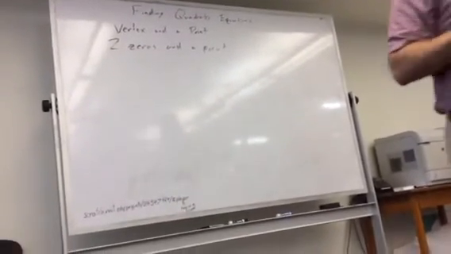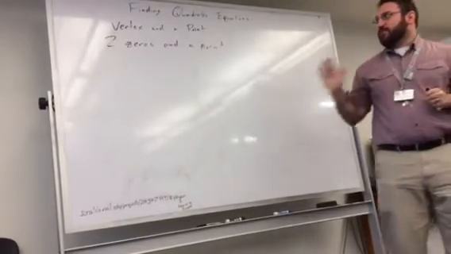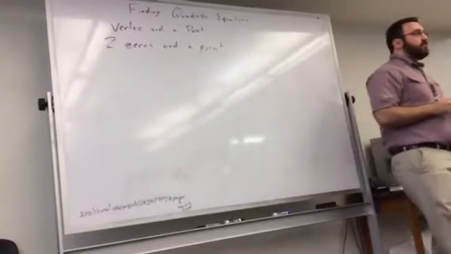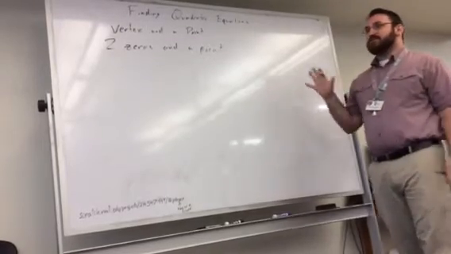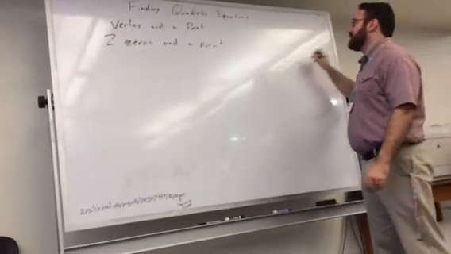Does that make a little bit of sense to everybody? 2 zeros and a point. Now, why are 2 zeros and a point special? Well, if we think back to some of the things that we've done, where we talked about looking at a graph and determining those zeros,